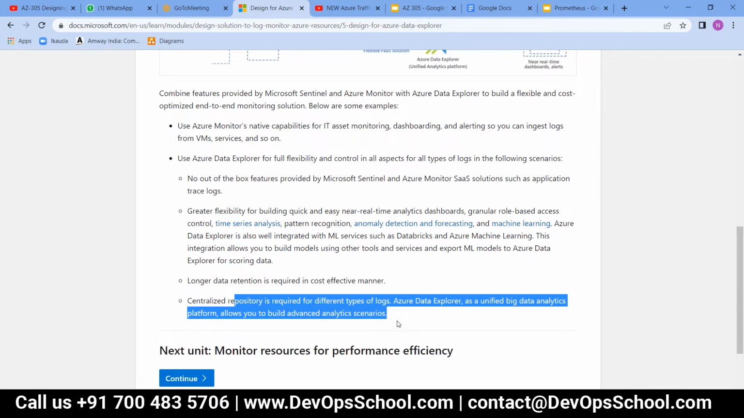So it's a kind of solution for when you are getting that kind of thing. You want more flexibility, you want bigger data sets and all. So this is what is part of the